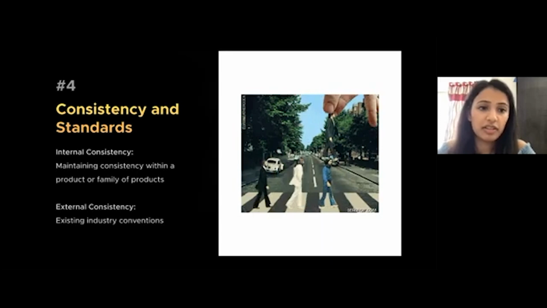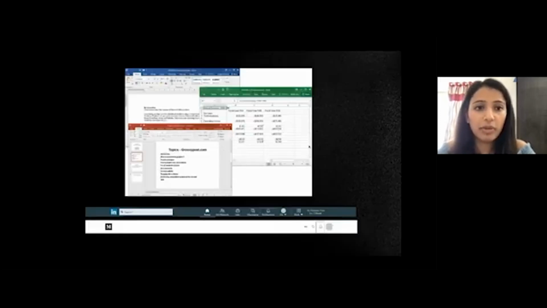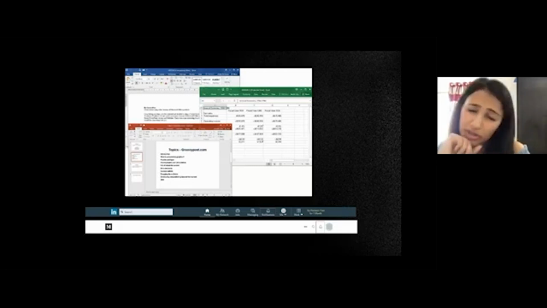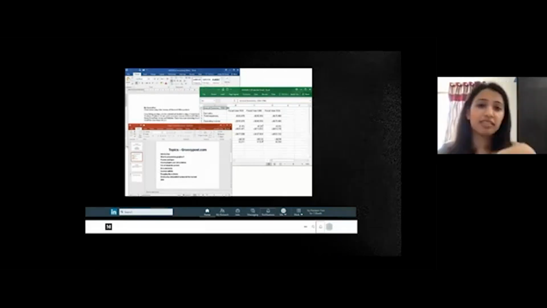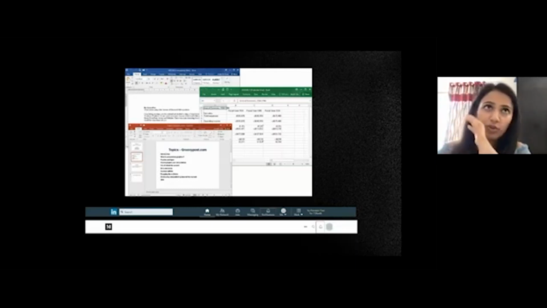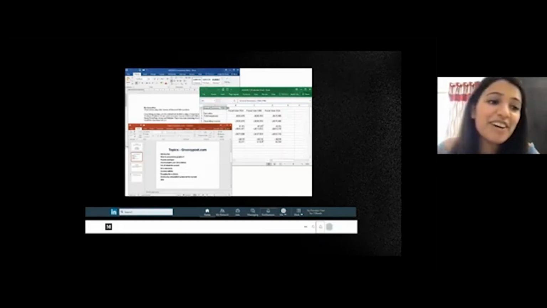I'll share some examples with you. So when I'm talking about internal consistency, if you look, Microsoft Office follows this heuristic principle quite firmly. Nowadays, more and more companies are following this, with designers and developers sparing time to create and maintain design systems. We all remember the time when Google Suite had come up with basically a new brand guideline, so to say, where they were aligning all the applications and the look and feel of it within their Google Suite. Yeah, I said it correctly this time. Google Suite.